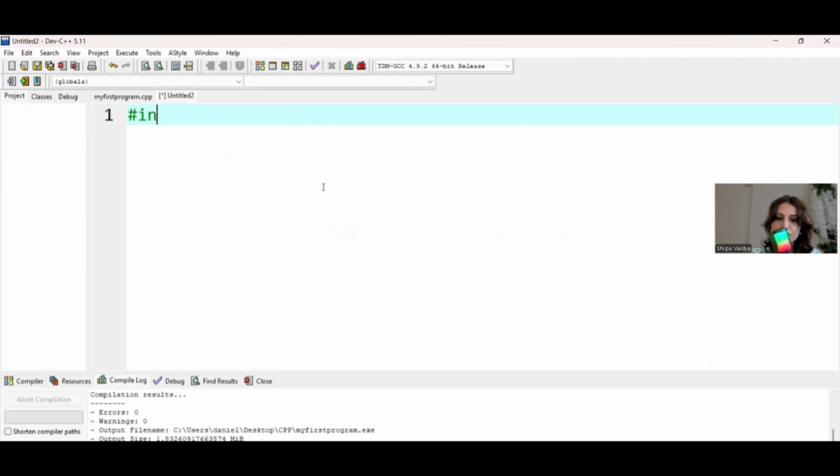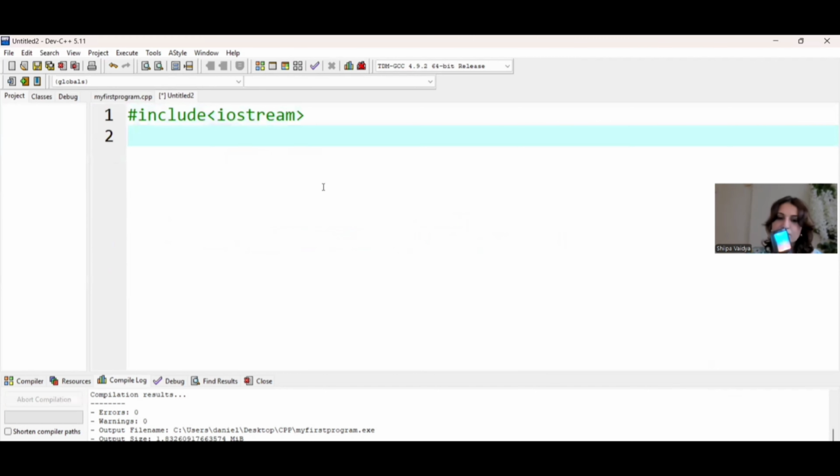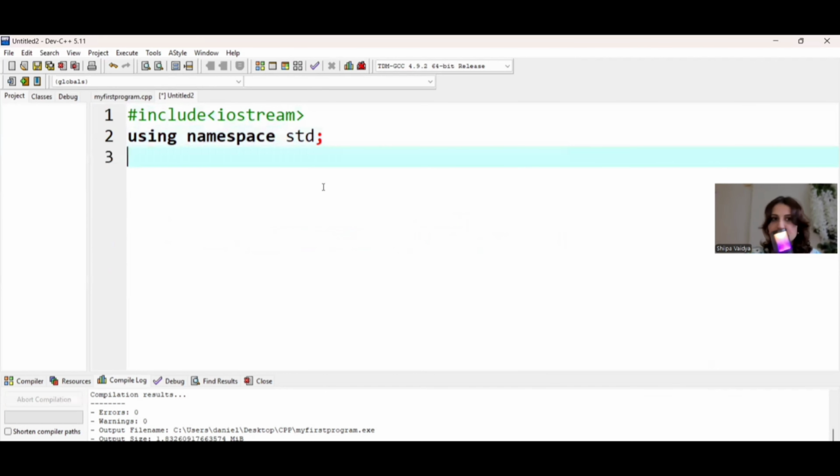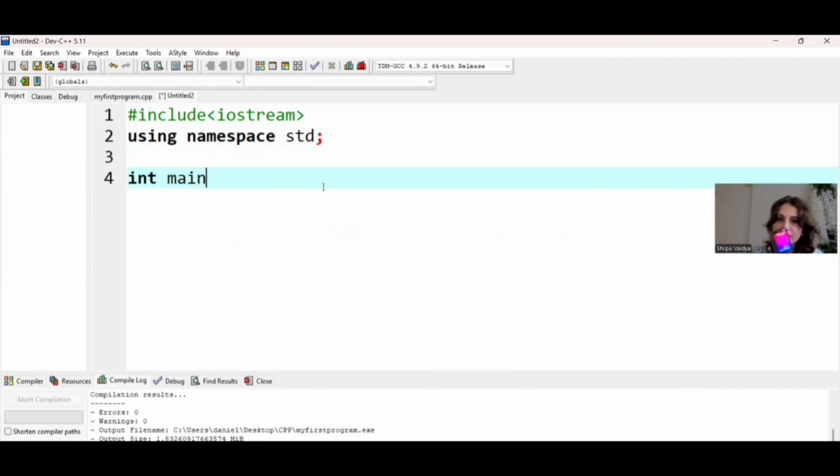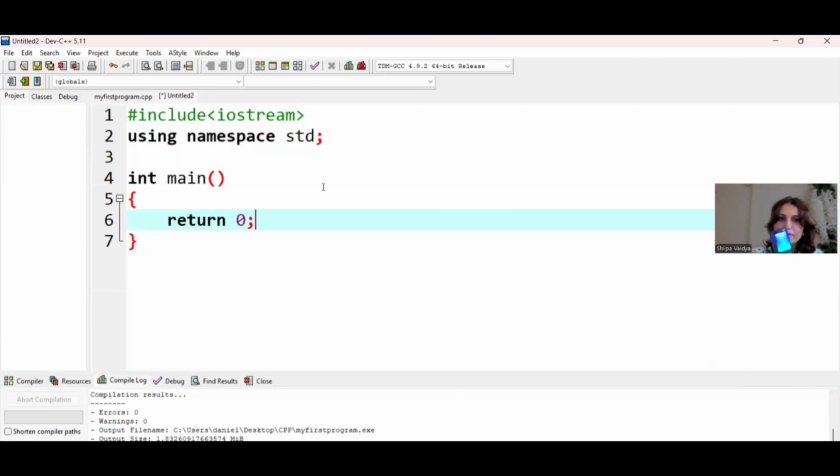Here, I'm going to take the input from the user. So I'll be writing #include <iostream>, using namespace std. We'll have int main, and then this part we are writing it. However, I'm going to take a variable. Now, when I say variable,